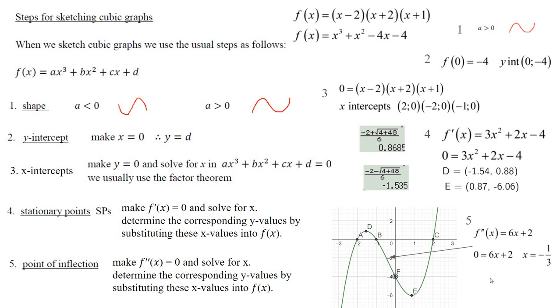And the last thing is the point of inflection. You take the derivative of this, 3x squared plus 2x, so it's 6x plus 2. You make it equal 0. And you solve. Subtract 2, divide by 6. At x equals minus a third, that's the point where it changes concavity. It's called a point of inflection. I didn't find the point. If I take minus a third and I put it back into the original function here, I'd get the y coordinate if they ask for it. Okay, well there you go. That's how it